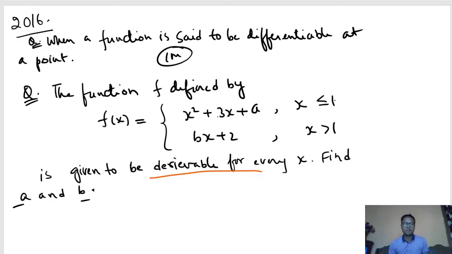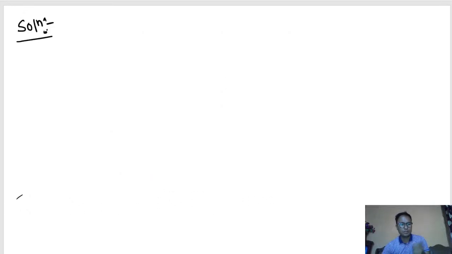But anyway, coming back to our topic. The function f(x) is derivable, for every x derivable. So we will use the concept, so given that, since